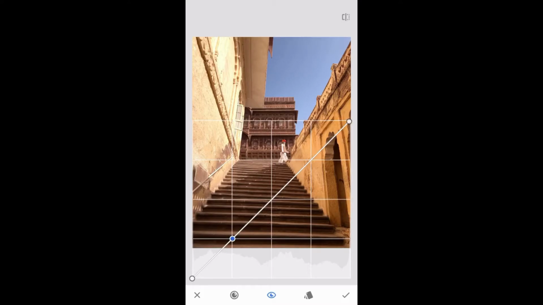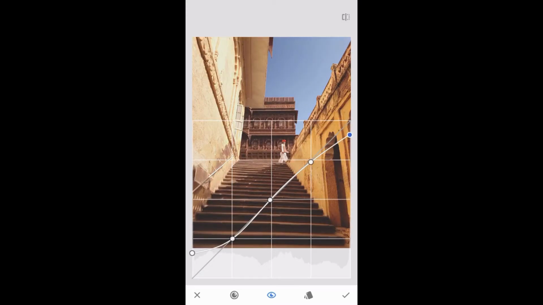So then comes shadows, midtones, and the highlights. Shadows are basically the darkest parts of the image that still contain some kind of details. The midtones are basically between the shadows and the highlights, so they also contain details. And the highlights are basically the brightest parts of the image that contain details. So if you want to remember this, just remember the 3 points in between always contain the details. The end 2 points never contain any kind of a detail. They are basically blacks and whites.